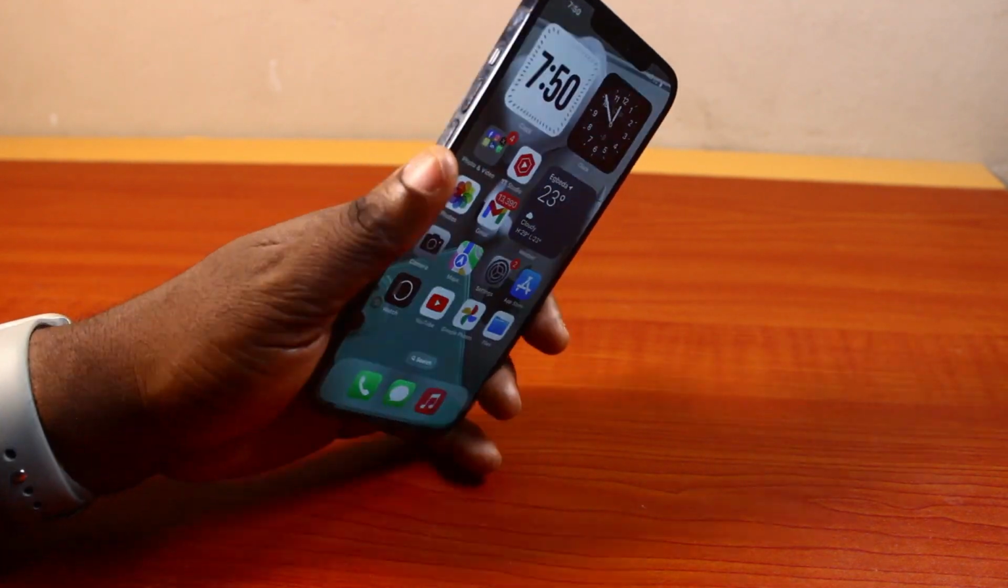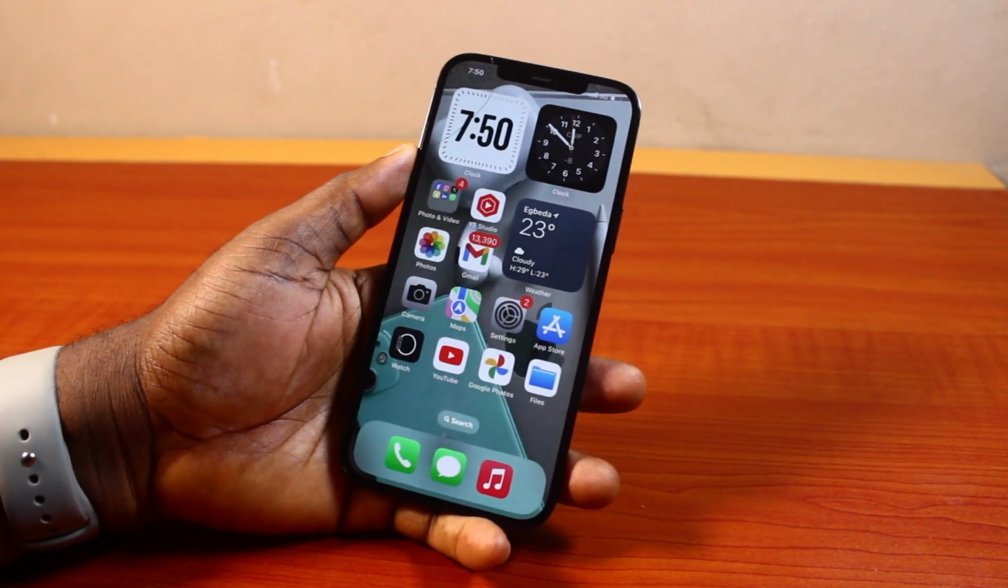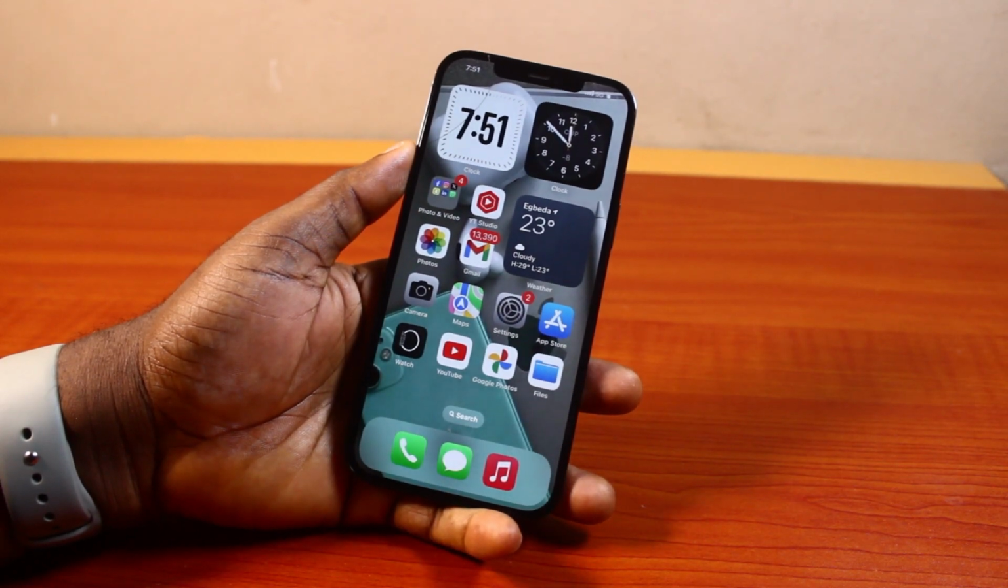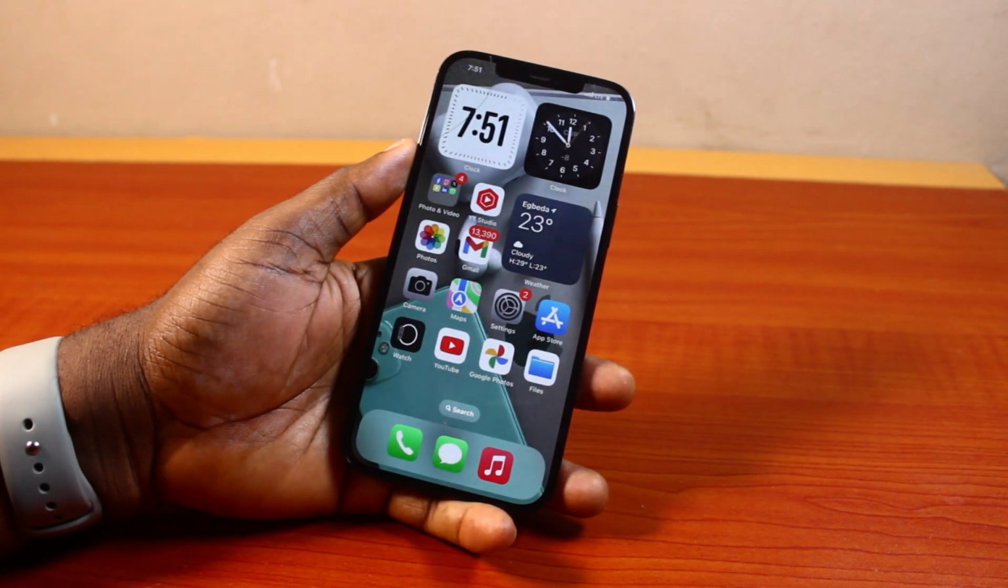So if after making your video using your iPhone or any other device, now you want to post a video on your YouTube channel using your iPhone, then this video is going to walk you through how to do this